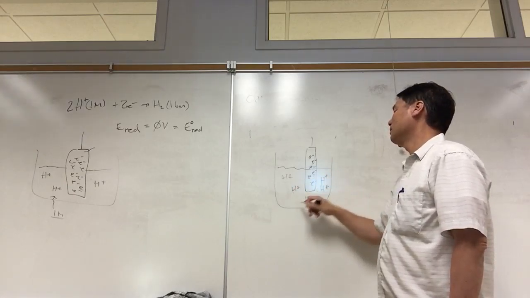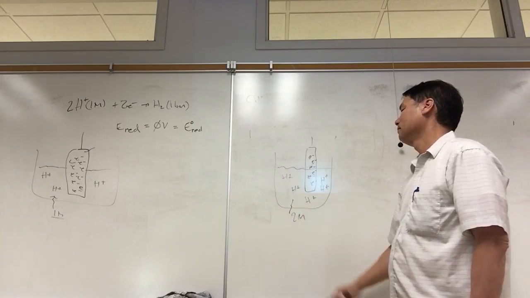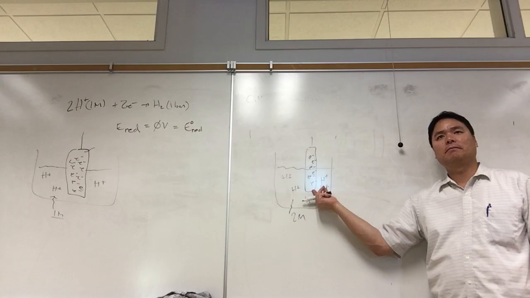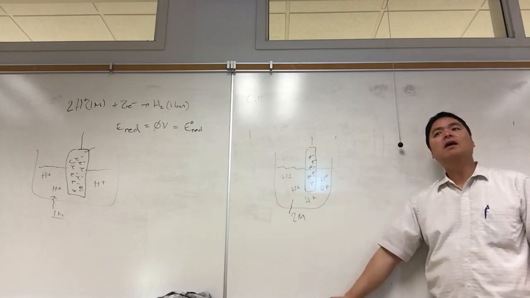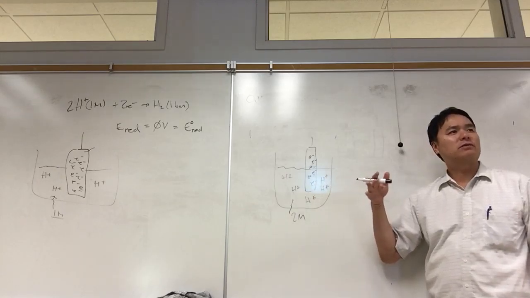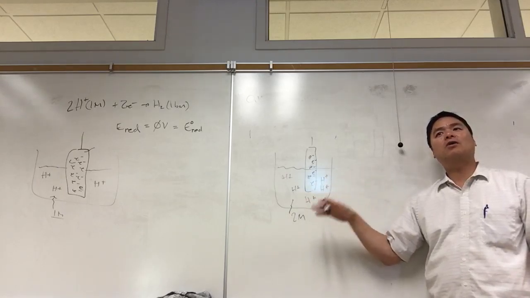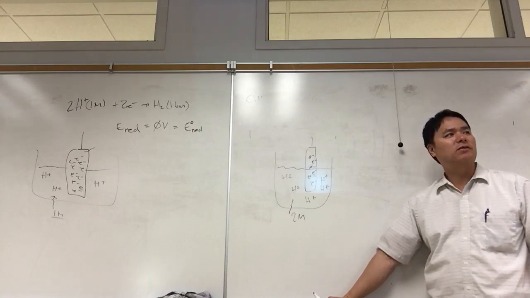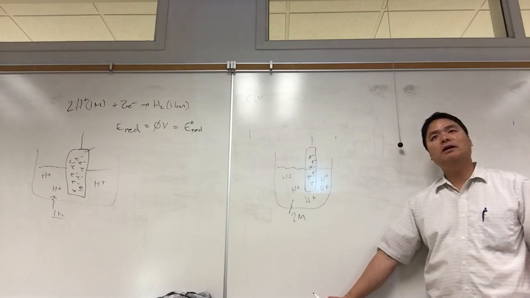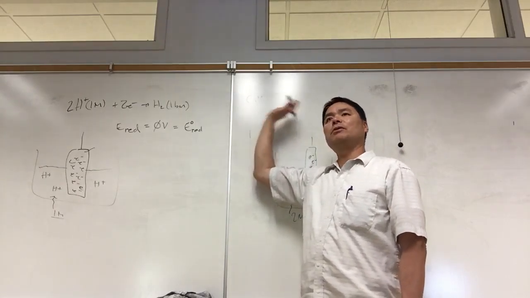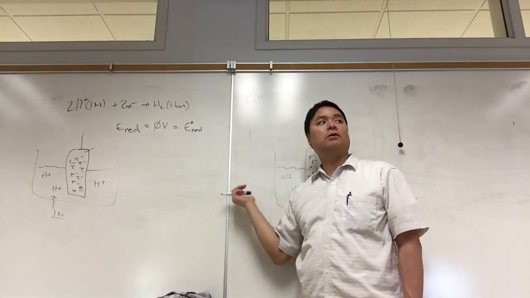If I make this 2 molar rather than 1 molar, is the pulling power the same? 0 volts? Is the pulling power greater than 0 volts, or is the pulling power weaker? The pulling power should be stronger, which means the voltage should be greater or higher. And so there's going to be a greater voltage on the electrons being pulled to this electrode, having 2 molar